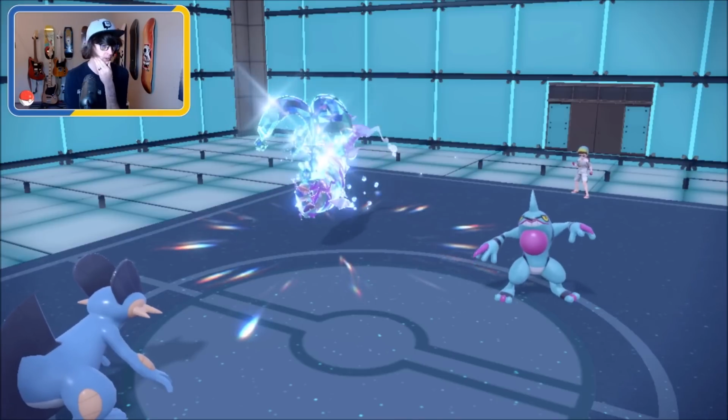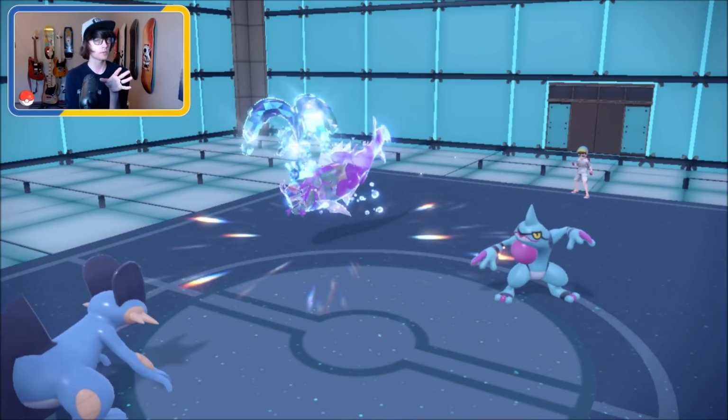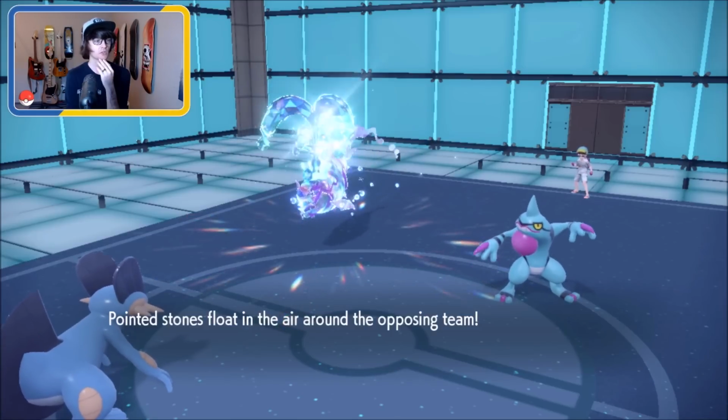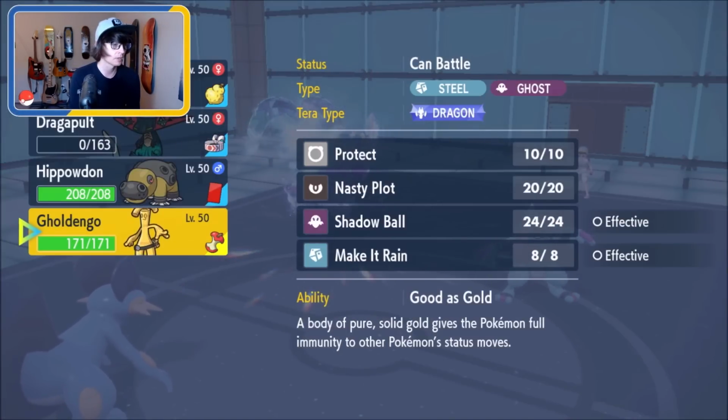So the way that we're going to play this, right, is Stealth Rocks are now up. And whenever you set Stealth Rocks in VGC, people just think that you're bad. Just going to let you know how that one goes. They think you're absolute garbage. So what we're going to do here